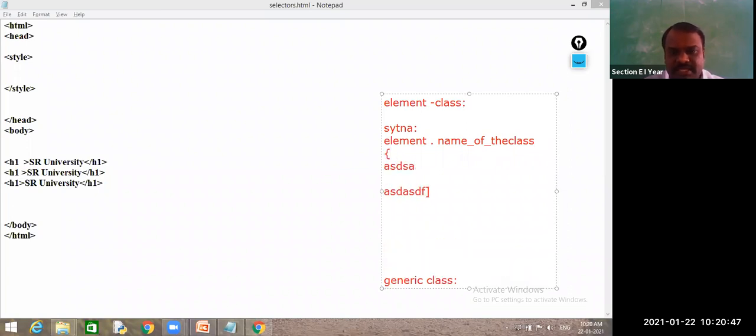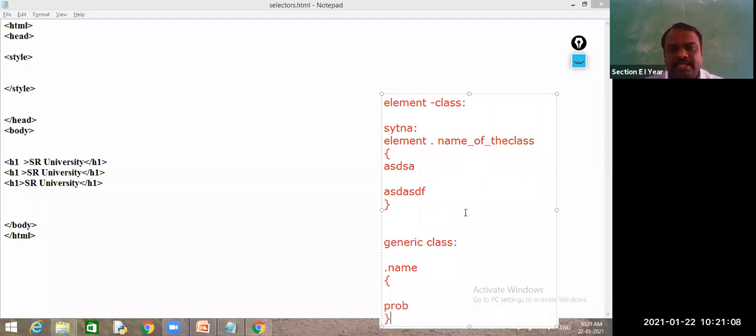This is for improving reusability. And the generic selector is nothing but just adding a dot, with no need to write any element, then the name of the class followed by the properties. These are the 2 types. We will see the advantage of these 2 by comparing with some examples.